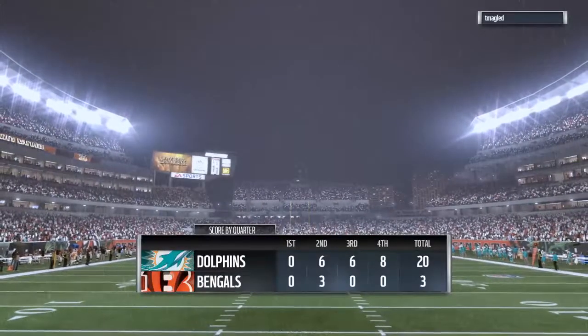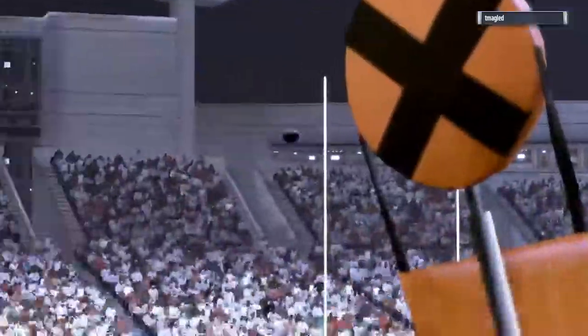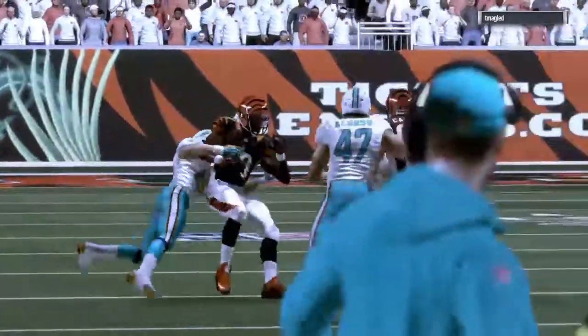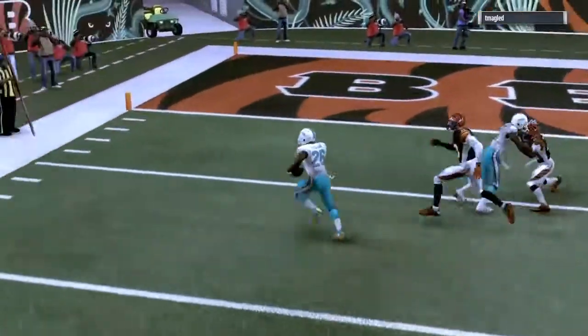So for the Dolphins, hey, they finish a perfect month of September as they move to 4-0 on the new campaign. And they'll get a few extra days to get ready for next week where they take on the Tennessee Titans. Meanwhile,